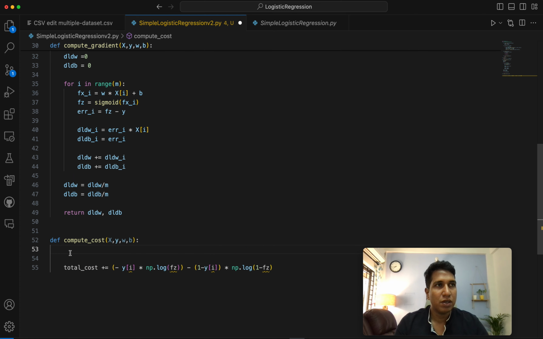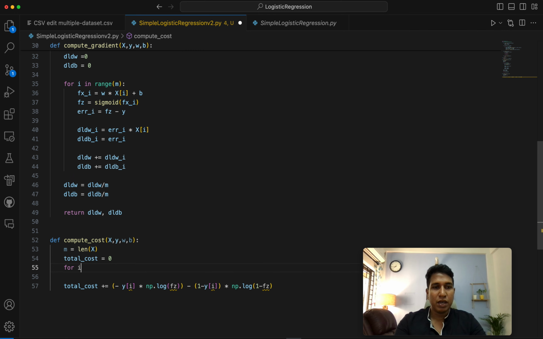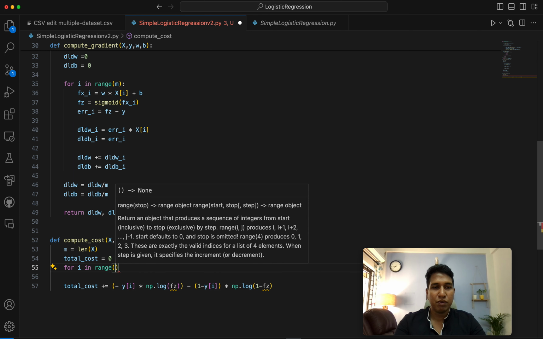So let us first start by defining our values, right? So same like m is equal to length of x. We want to find the cost, so total cost equal to 0 first. Then for i in range of m,